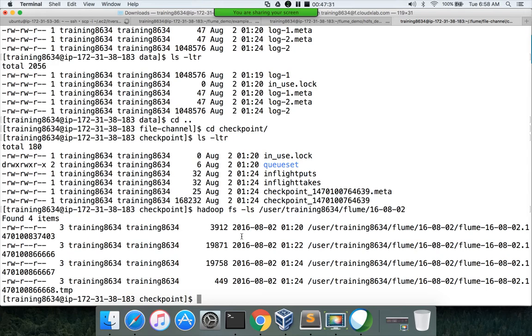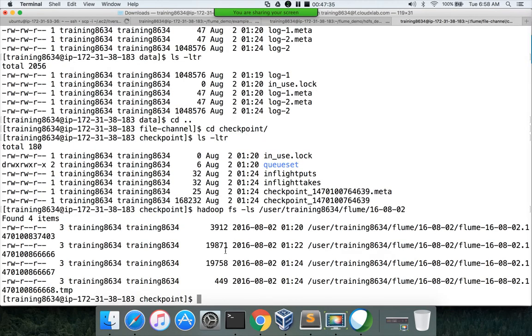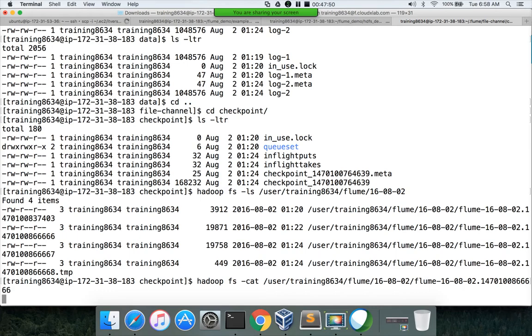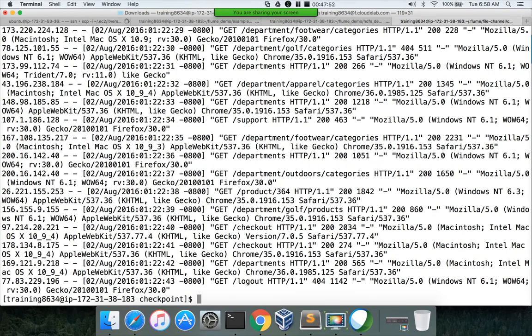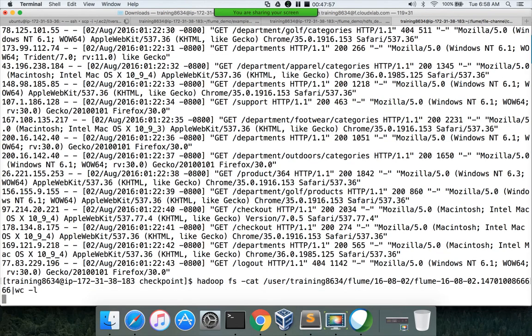I don't think 100 messages are being generated in 2 minutes, and also 1 MB file is generated. If you see, the file size is only 19 KB, and if we open one of the files by using the cat command, you can see the messages, and we can actually do wc -l.